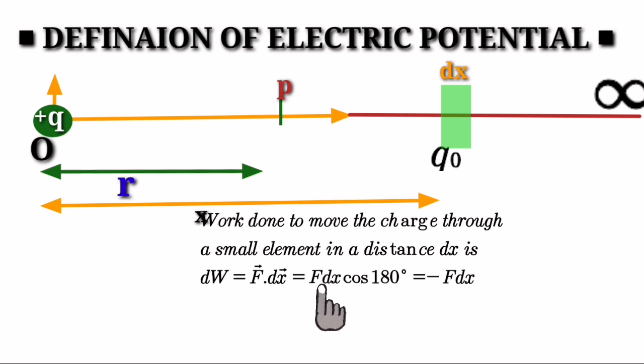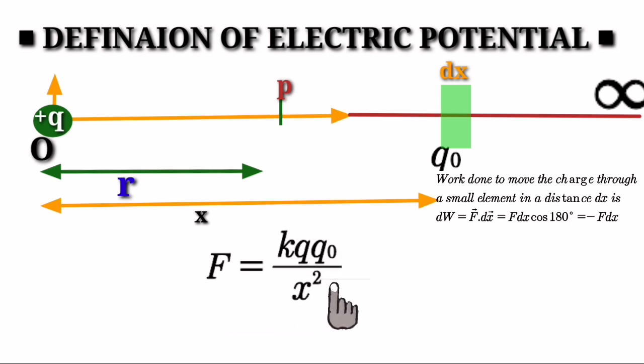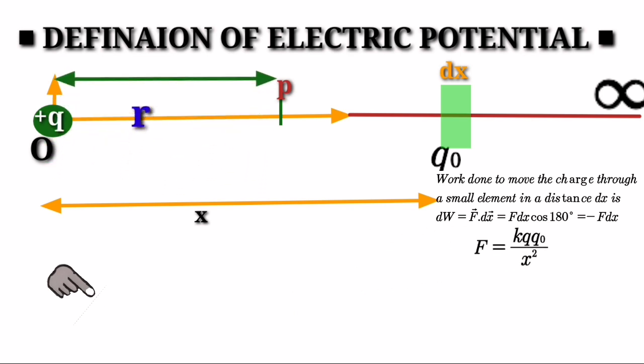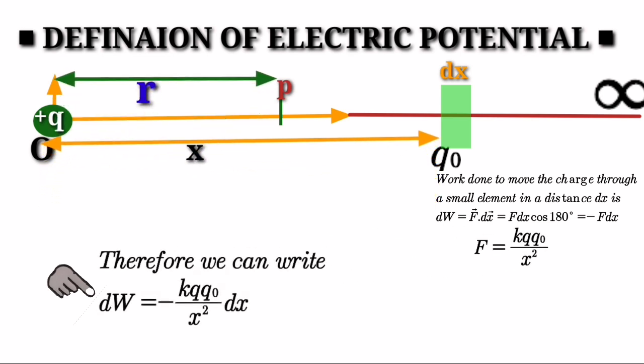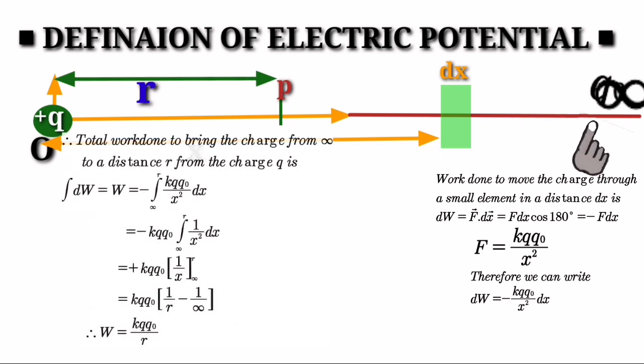Now, we know the electrostatic force F is equal to kQq0 divided by x squared. Therefore, we can write dW = -kQq0 dx divided by x squared. Therefore, total work done to bring the charge from infinity to a point which is at a distance r from the charge Q